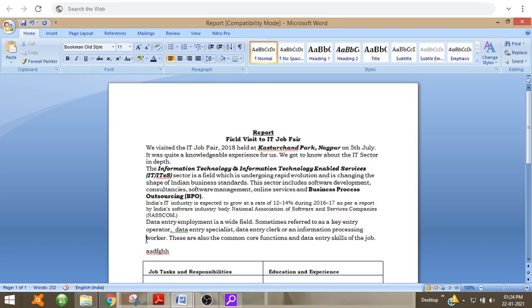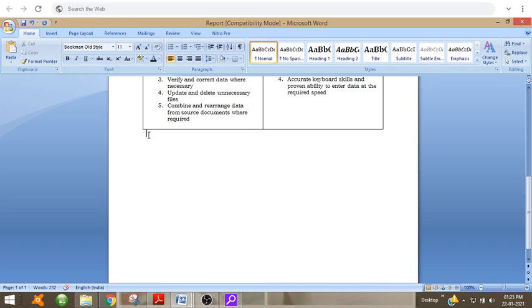Now when I click on the end key, the cursor will move to the last position of the same line. Now if I press Ctrl plus Home, the cursor will move to the first position of this document. Now if I press Ctrl plus End, the cursor will move to the last position of this document.